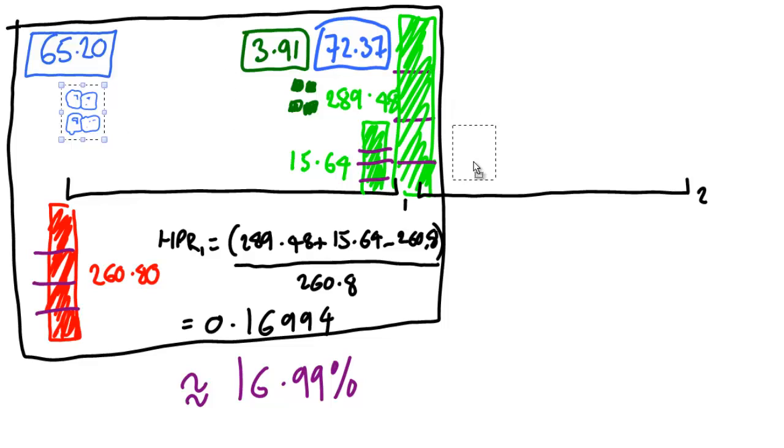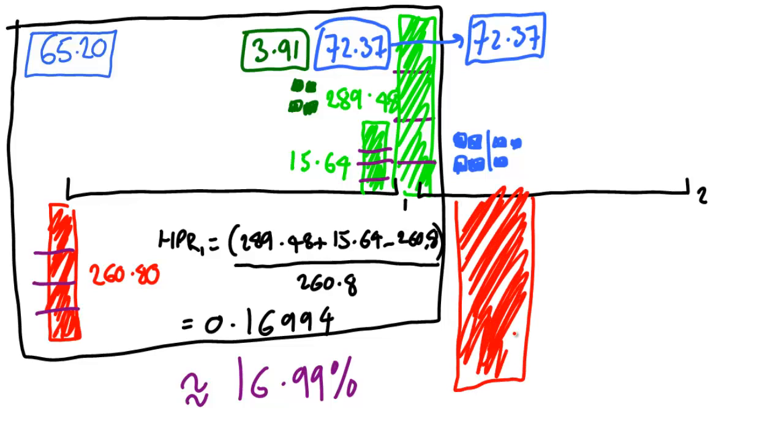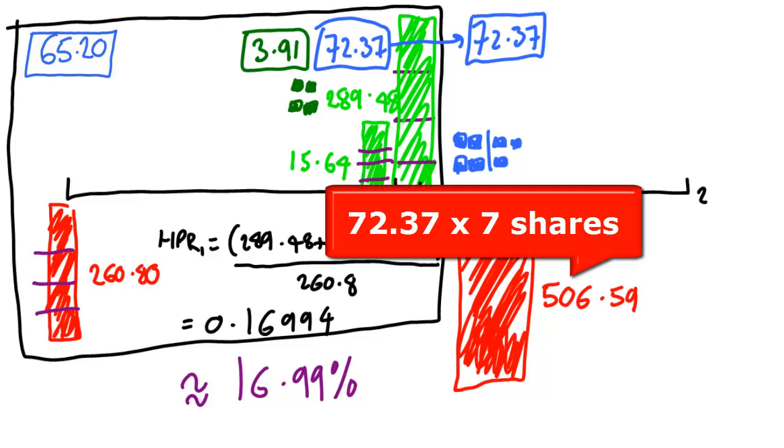So now we're all set for year 2. Sean's pleased with the initial investment results, so he decides to buy up 3 more shares in FLY. This takes him to 7 shares in total. Remember, for the time-weighted rate of return, we treat every year as if it's the only year in the sequence. You'll remember the share price went up to $72.37 at the end of the first year. So we multiply this by 7 to get our new initial value for the start of the second year. Remember, we're treating this as if we're starting from scratch. So this sum is equal to